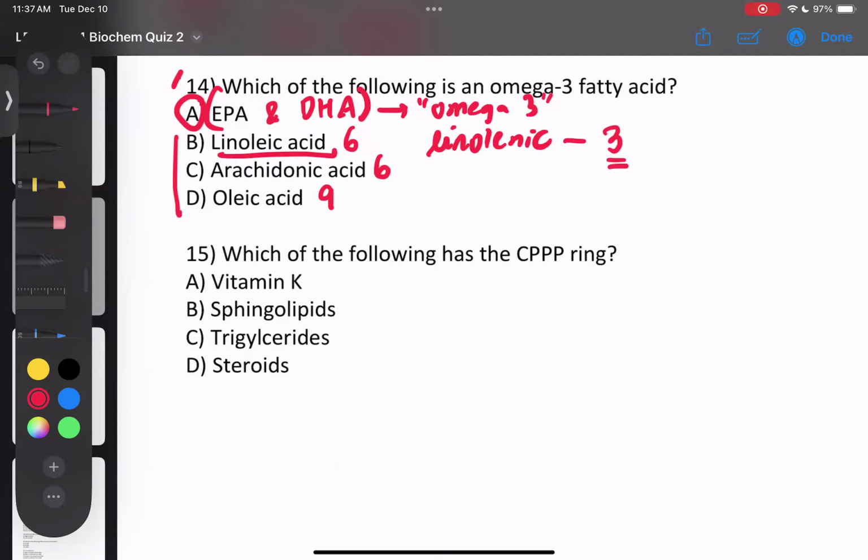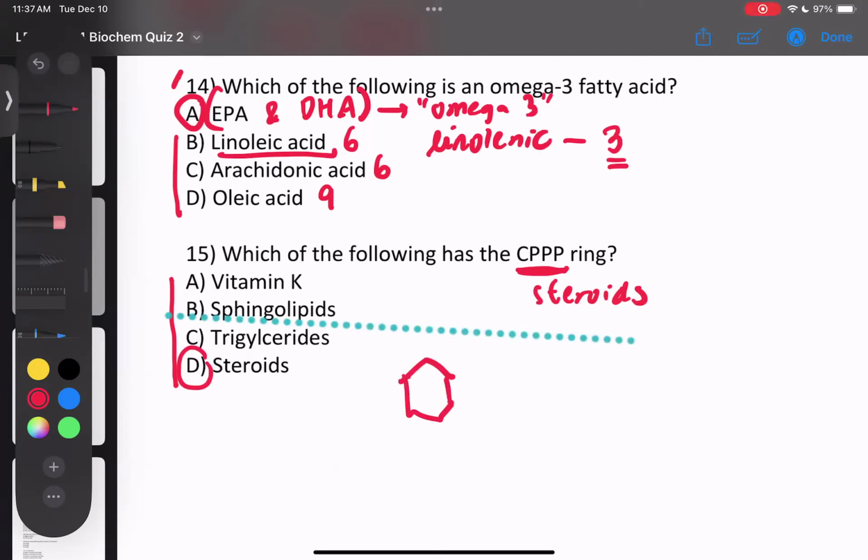Which of the following has the CPPP ring? It's just like a fancy way, diba, or a more obscure or hidden way of saying that I have the steroid nucleus. Okay, so that would definitely be the steroids, right? This